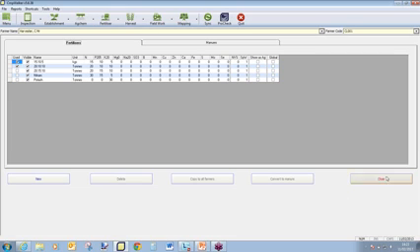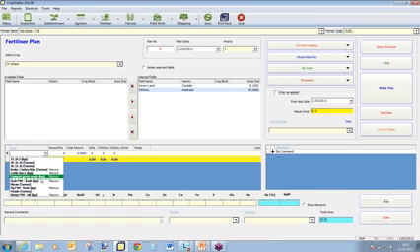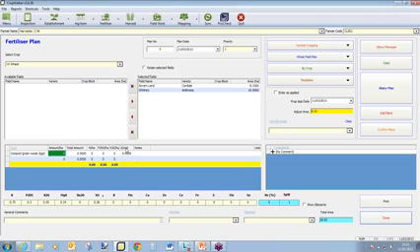So if I just go back to the fertilizer planning page and choose my crop and then select the manure that I want to apply. If I then enter the amount, just by typing into the box that I want to apply,